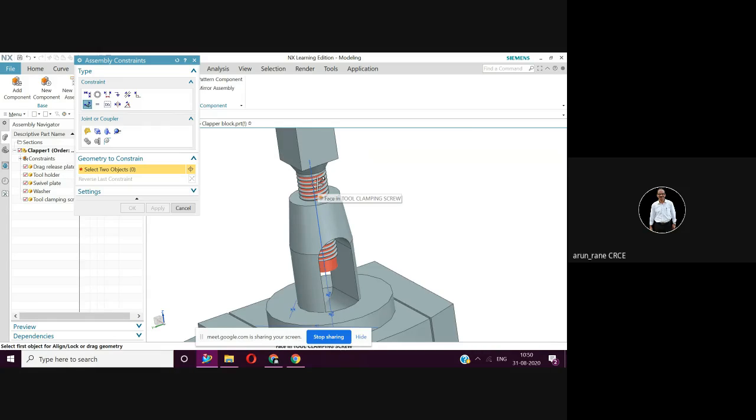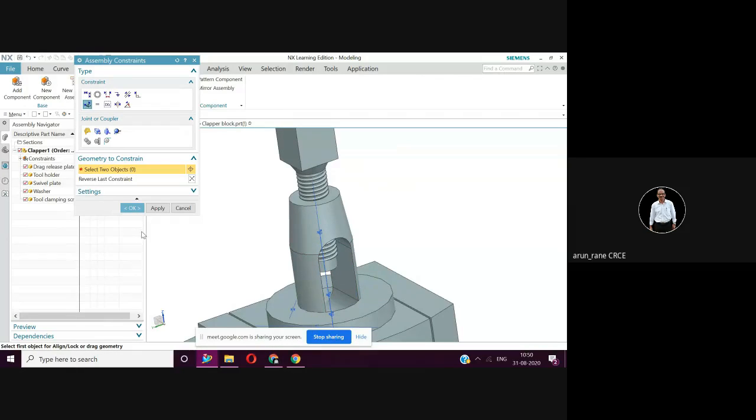Yes, so face in the tool clamping screw and you can get this center line. See, center line in the tool clamping screw. Next, that one object is selected, then the second object. Just look at the center line. See, now this is the center line in the tool holder. You can click here also, face in tool holder, or you can click directly on the center line. If this is visible, center line in tool holder, I'll select that.